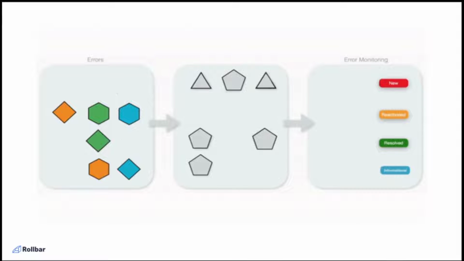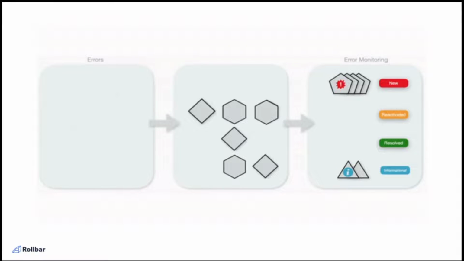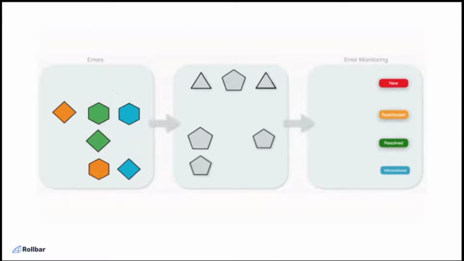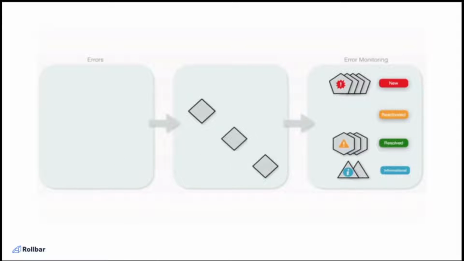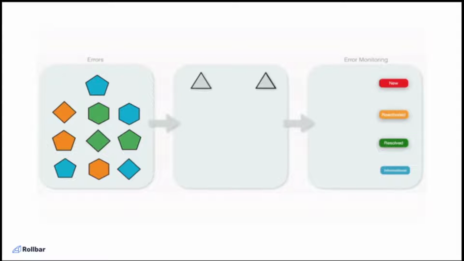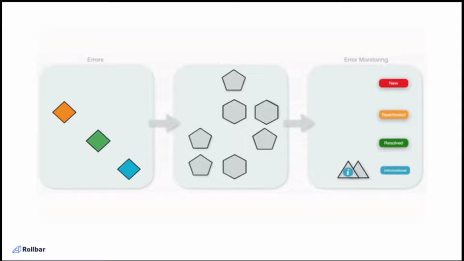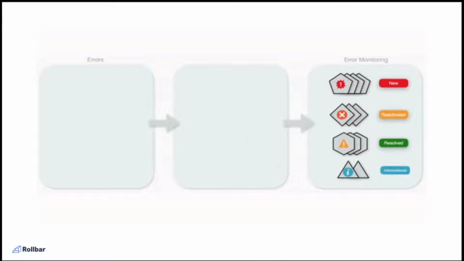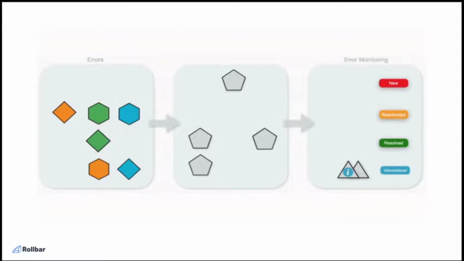So the problem, of course, is that these errors come in and they're all different. Well, they're all unique errors, excuse me, but somehow they map to each other, and you don't know what they are. You can't look at the log file and necessarily correlate error A versus error B and how they might fit together.